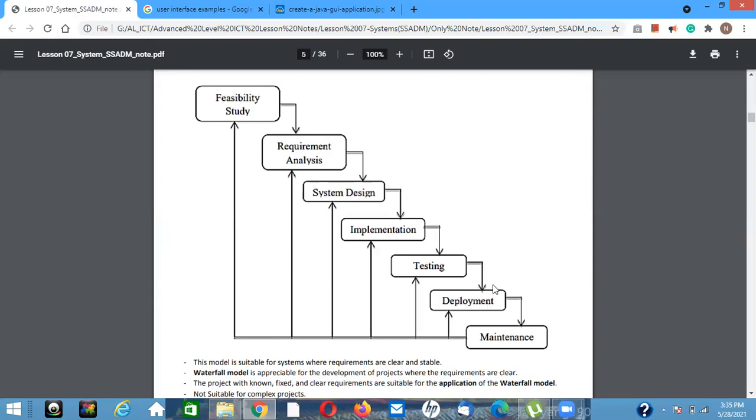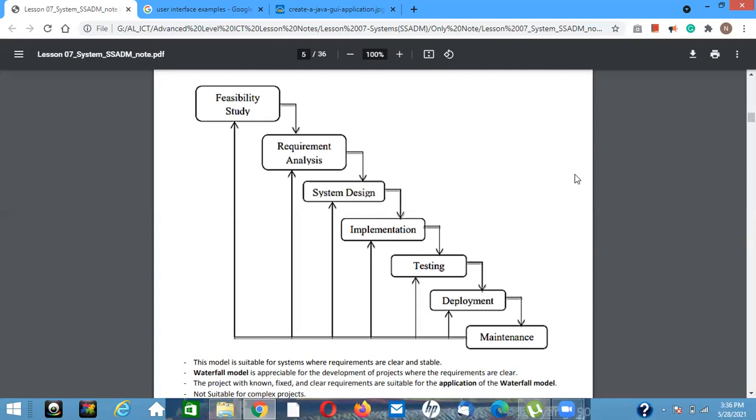Otherwise, if something has gone wrong, we cannot identify it, and even though we identified it, we cannot correct it until the end. Okay, but here you can see, here also we have to correct these errors at the end. From these phases we cannot go back. Only at the time of maintenance, if we identify some error, then only we can go back to the mistaken phase and then come back again.